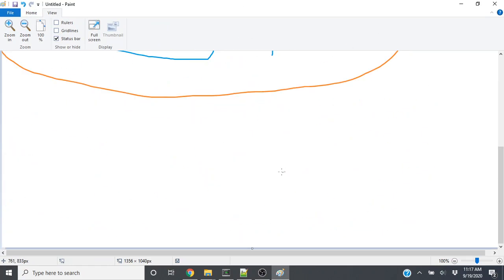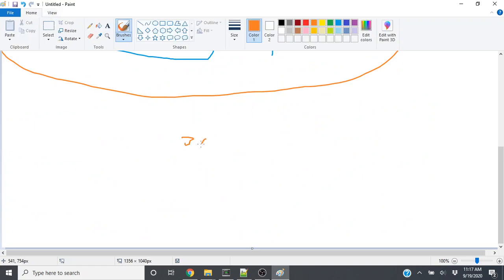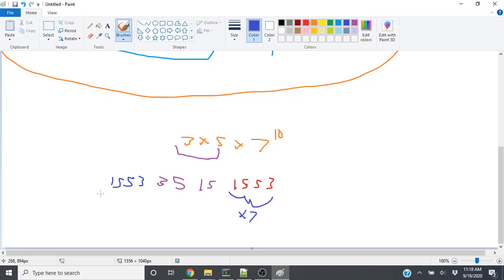Okay, let's say it's a number like this. So 3 times 5 times 7 to the 10th. Okay, so the possible divisors from just this are 3, 5, and 15. So what we can do is order the groups like this. We can do 3, 5, 15. And then we can do 15, 5, 3 here, and then on the other side we can do 3, 5, 15 backwards. And we'll say this is times 7, and this is